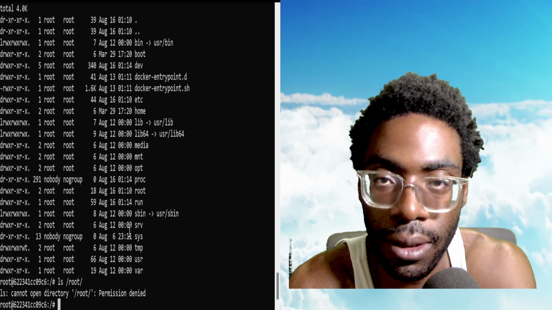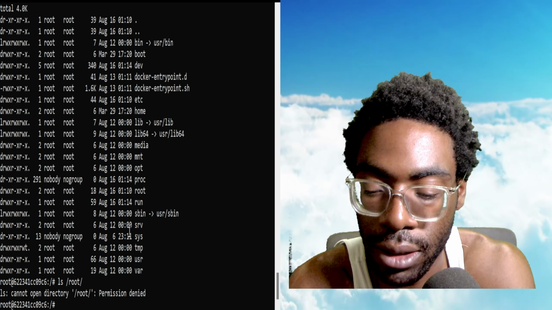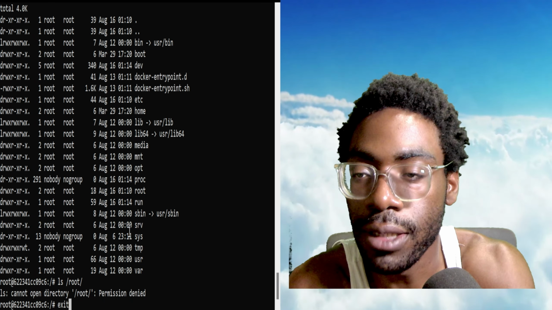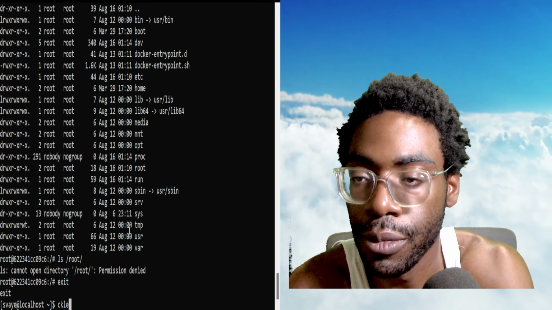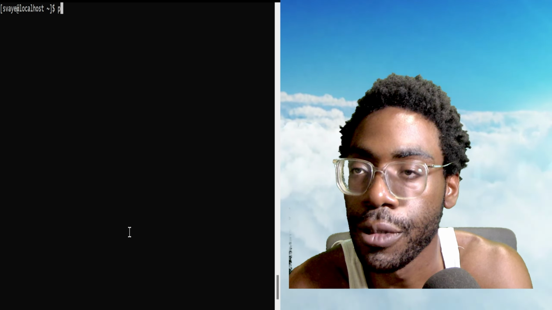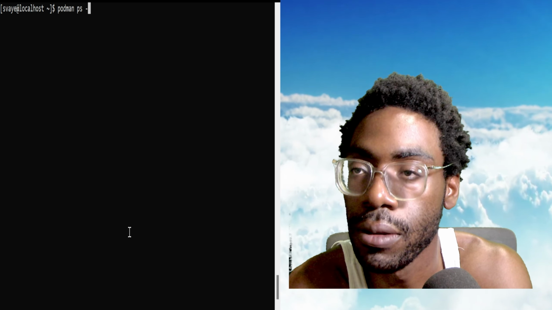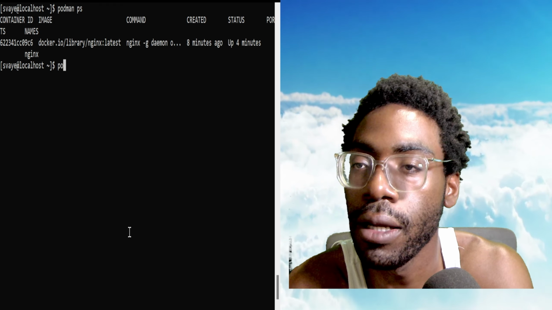Remember how I said SELinux labels must be correct? I think that's what's going on here. So let's exit the container, clear, and then let's list the container again. Let's go ahead and remove it,